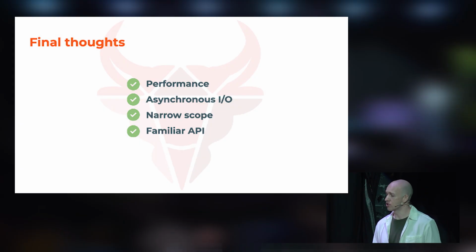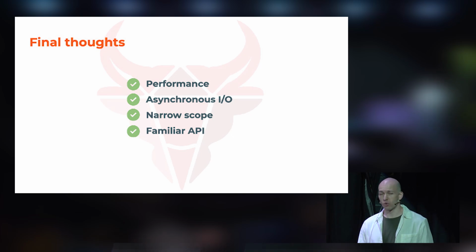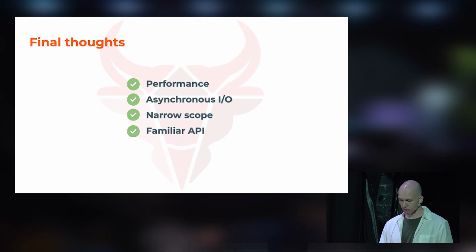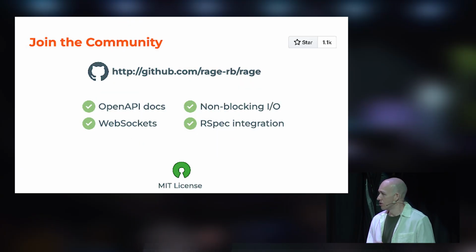Creating IO-bound applications is also not a concern anymore. Thanks to Fibers, we can now process hundreds of requests simultaneously. Being an API-only framework, it has a narrow and well-defined scope, which means it's stable. And it's still the same Rails syntax probably close to 100% of Ruby web developers are familiar with. As you can see, there are many very exciting things going on in the Rage project. And if you, like me, love Ruby, want it to become more popular, if you want to improve and modernize the Ruby ecosystem,